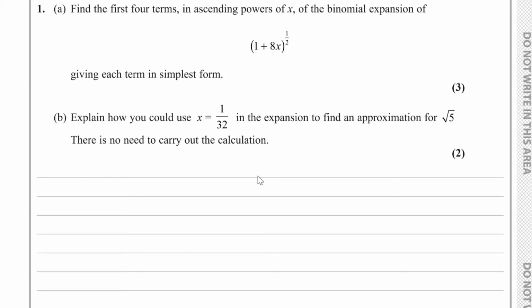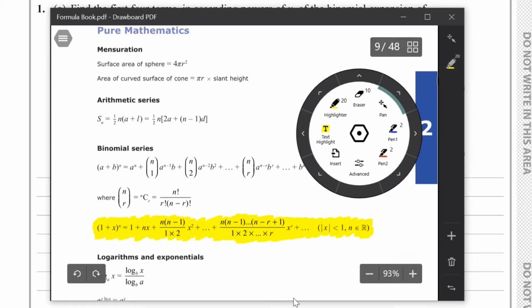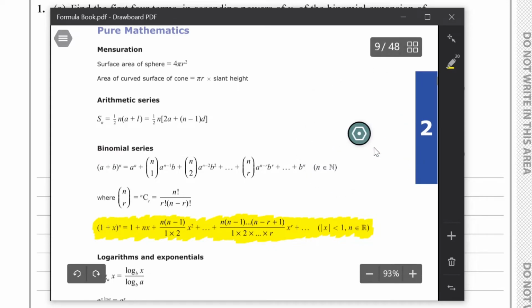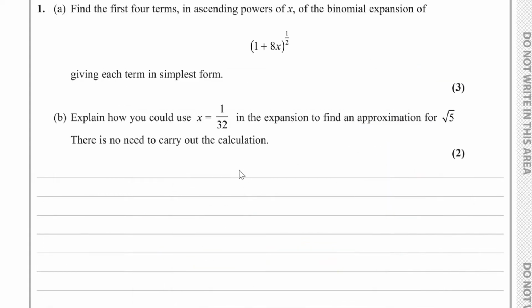Question number 1. We have to find the first four terms in ascending powers of x of the binomial expansion of (1 + 8x) to the power of 1/2, giving each term in simplest form. Now, if you take a look in the formula book, the formula for the binomial expansion is shown highlighted here. And so using this formula, for part A,